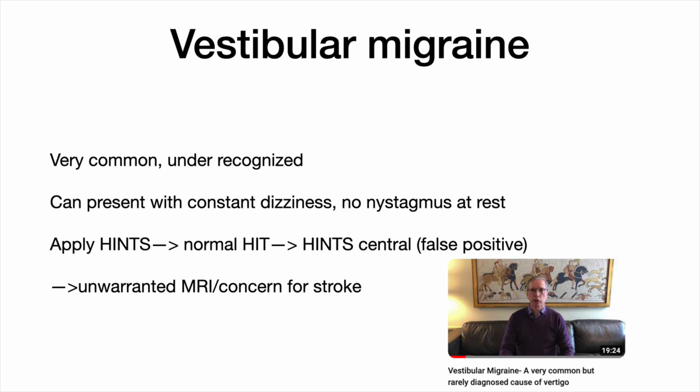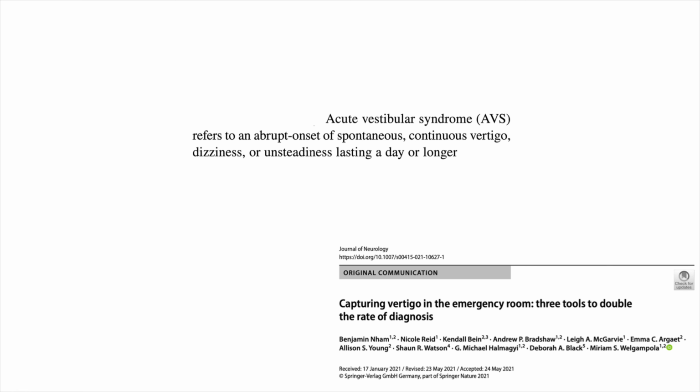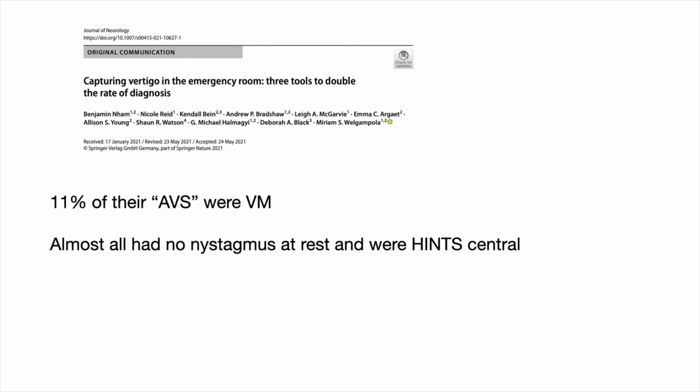Any studies to back this statement up? Remember earlier when I talked about alternate definitions of acute vestibular syndrome, and I said that NAM had a definition where all you had to do was say you were dizzy for a day and you didn't have to have any other symptoms and you were called the acute vestibular syndrome? Well, in this study, where they used their loose definition, it resulted in finding that 11% of their acute vestibular syndrome patients were actually suffering from vestibular migraine, almost all of which had no nystagmus and a HINTS central result, a false positive. Again, showing that applying the HINTS exam to patients without nystagmus can lead to the harm of unwarranted